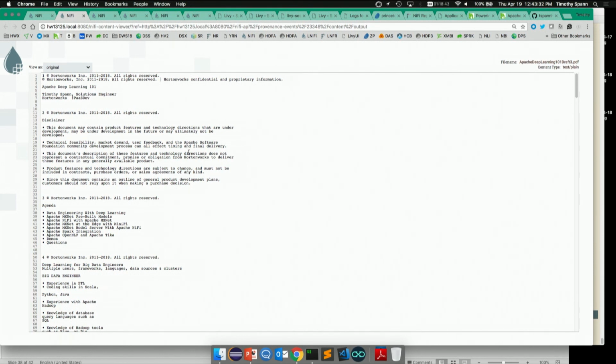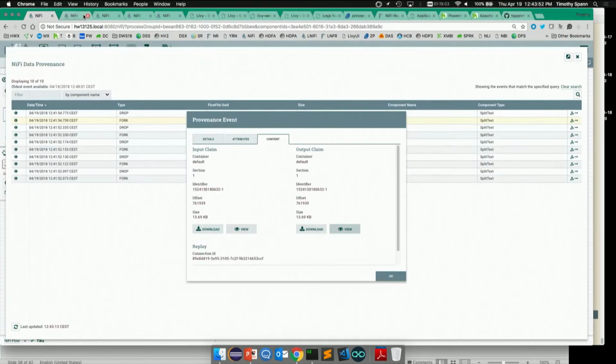Tika can also pull out the images. And then I could take those images out and run analysis on them. And if there's any text in that image, I could use Tesseract to pull that text out, and then I can run sentiment on that. As much as you want to do, the tools are available in open source to do it. So that pulled the text out.